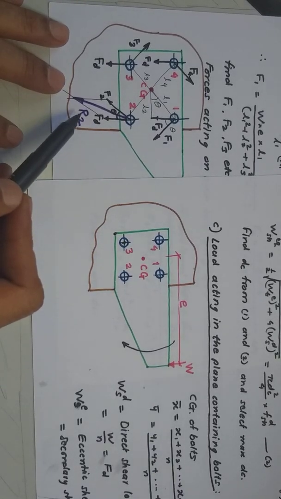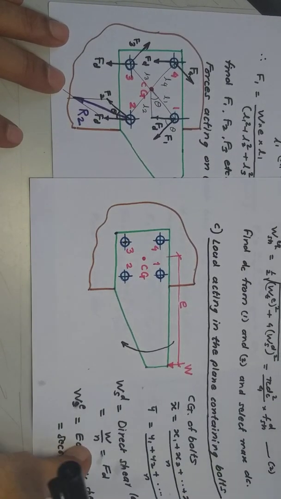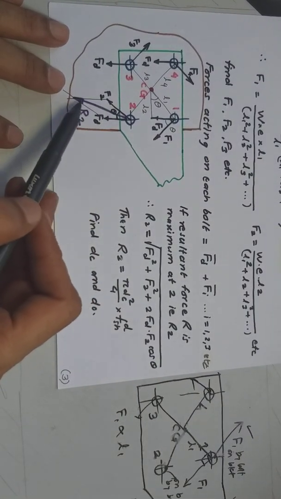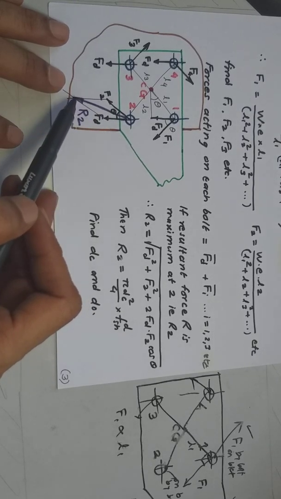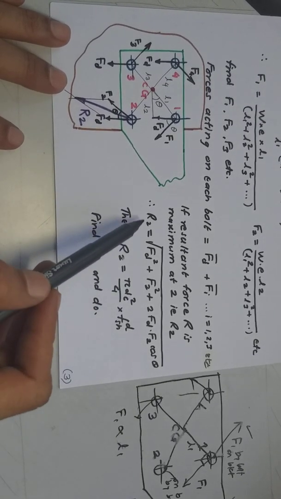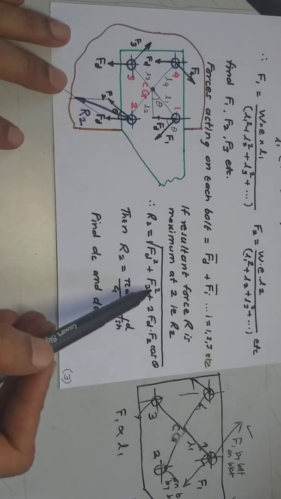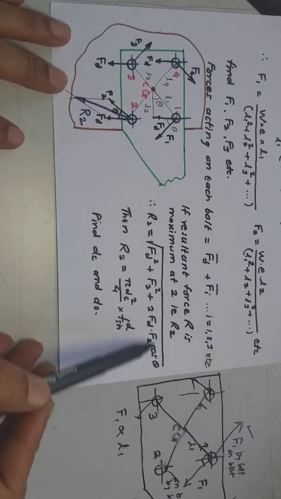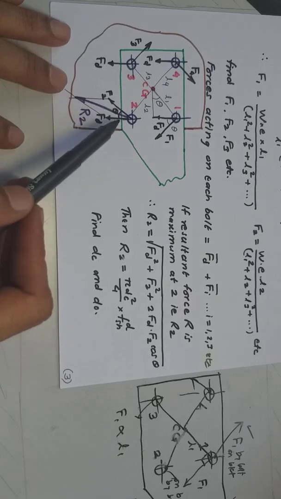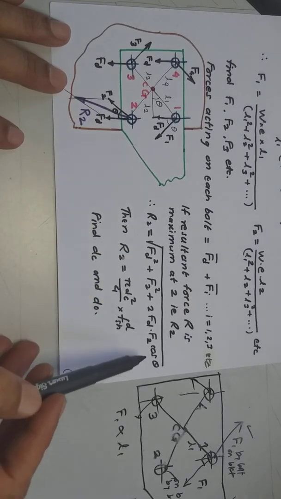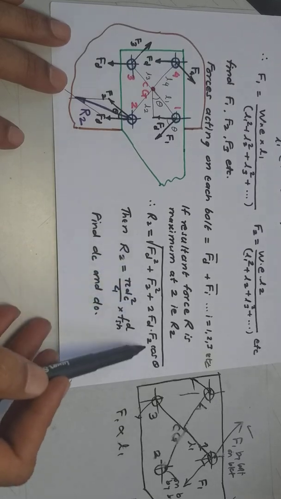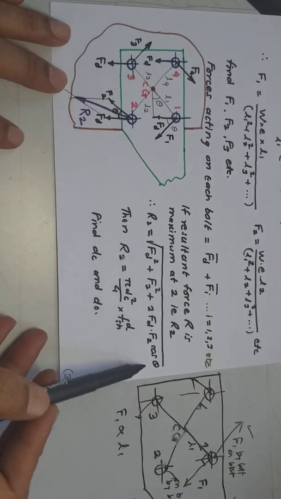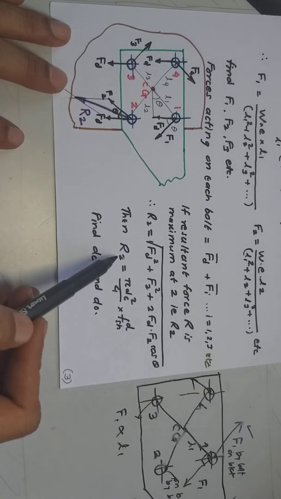So what is going to be the resultant R2 at the bolt 2? That is what we have to find out. If you see the numerical values, how to find the numerical value of the resultant R2, it is given by the equation: R2 is equal to the first vector squared plus the second vector squared plus 2 multiplied by the vectors into cos of the angle between these two vectors. This is a standard equation. So R2 is given by this formula. This is the total force acting on the bolt at 2, in this direction and with this magnitude. This is the force acting on the bolt which is causing a shear stress.